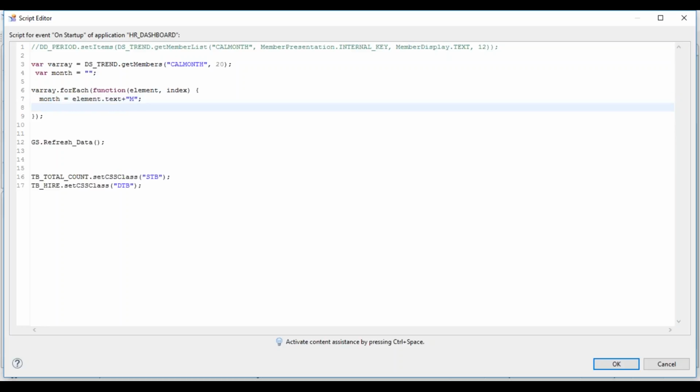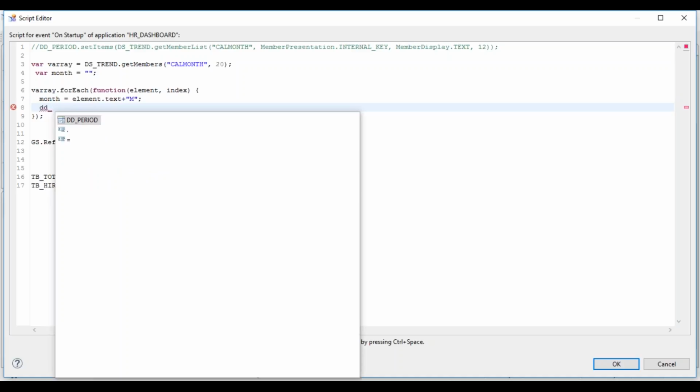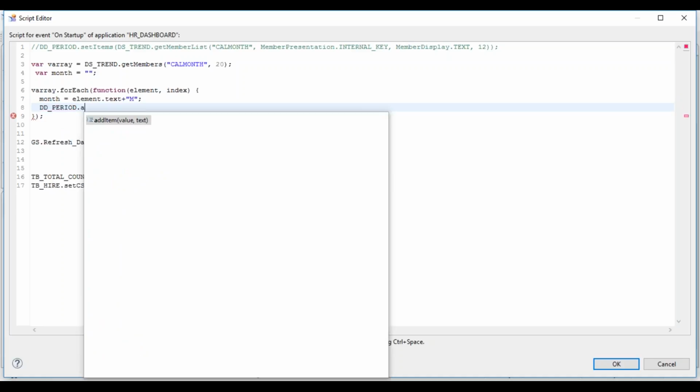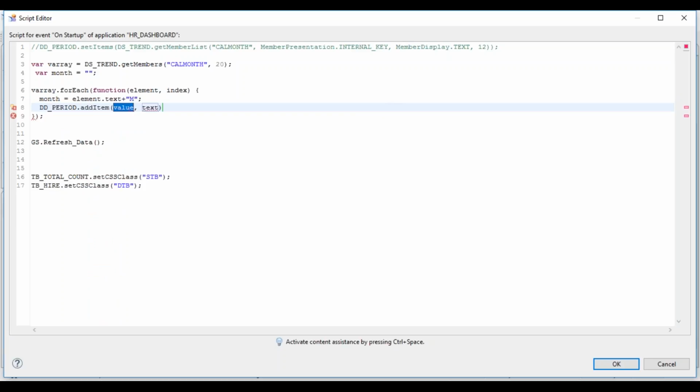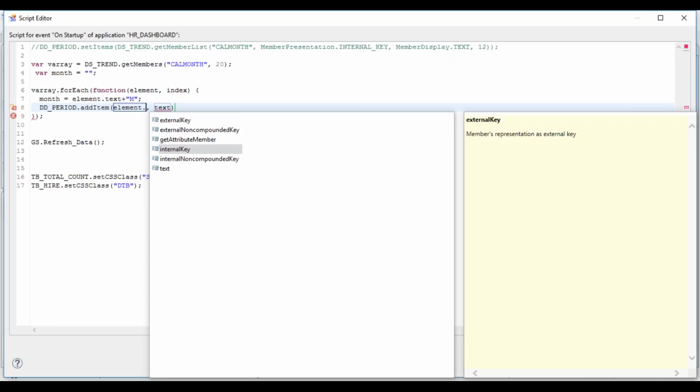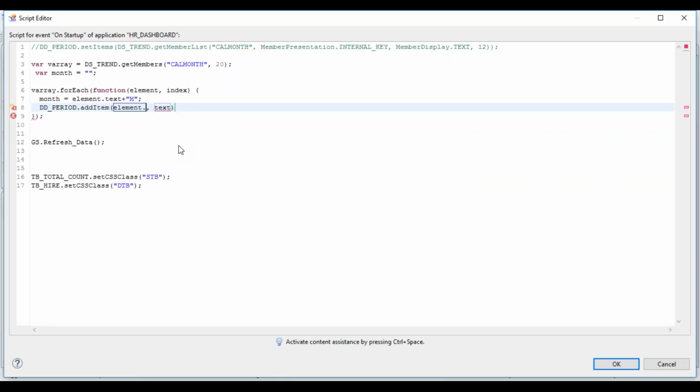Now we are doing the manipulation before adding it. Now you can add this value into the drop down: drop down period dot addItems, value will be element dot key, and the text which you are displaying. So instead of the default text you can display month, your new text.